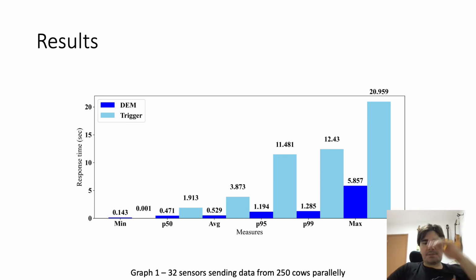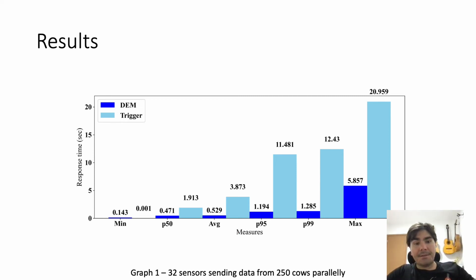This graph is composed of six measures: mean, P50, average, P95, P99, and max. The dark blue is an indicative of the data extraction magnet, and the light blue is an indicative of the trigger technique. As we can see here, for the average, for example,